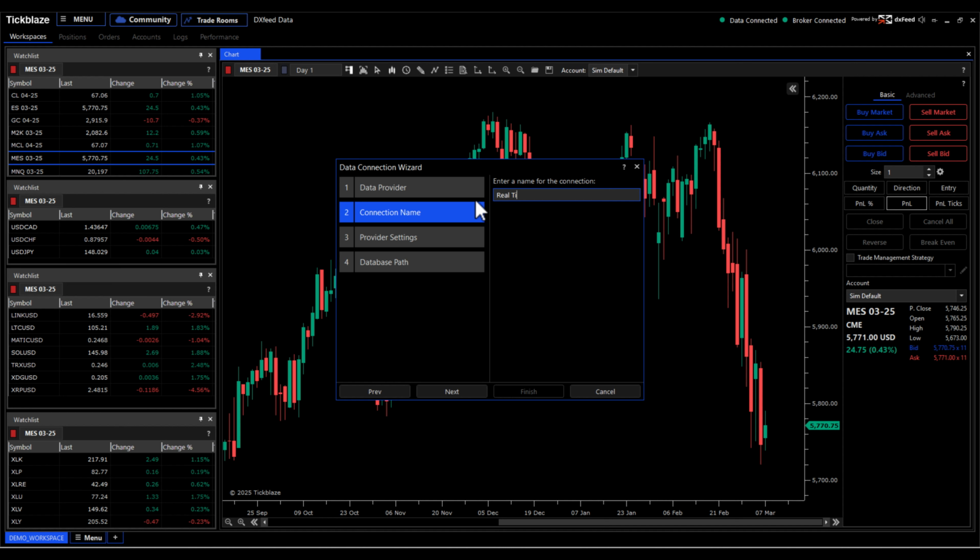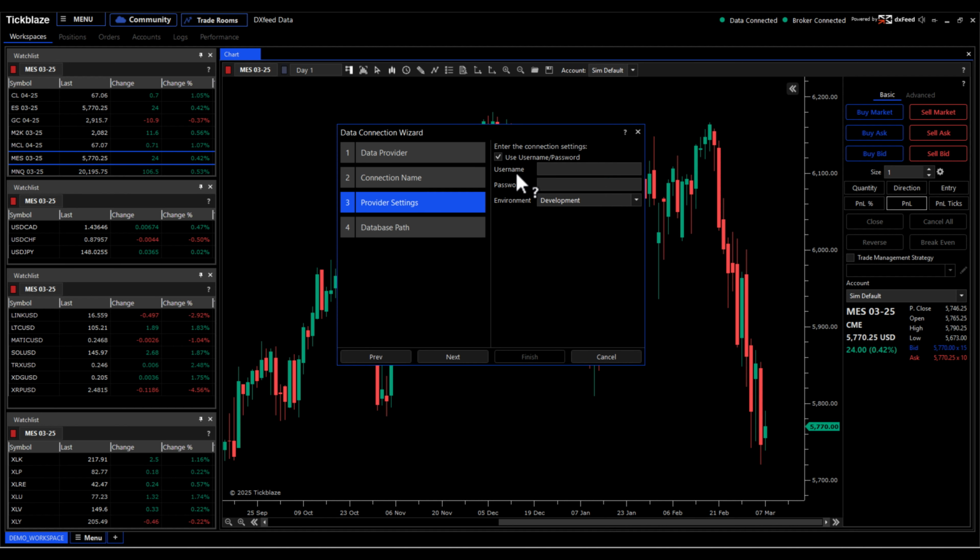Let's just type that in here. Okay. And then essentially I'm going to go here. Now, inside of here, you're going to choose Use Username and Password, because ultimately you're going to be given this from DXfeed. Let me just copy my username and password over here so that you can follow along. You'll have to use your own username and password based on what they've sent you via email after you've purchased